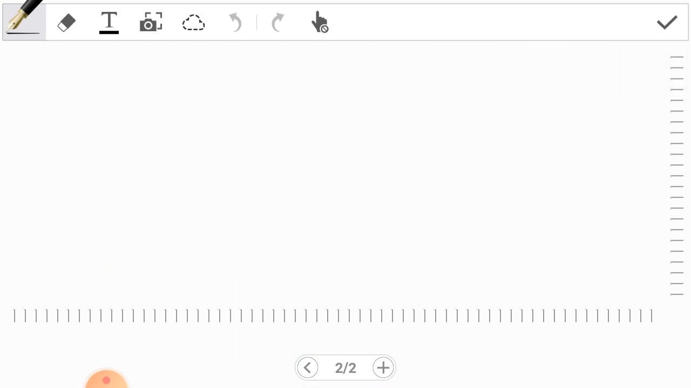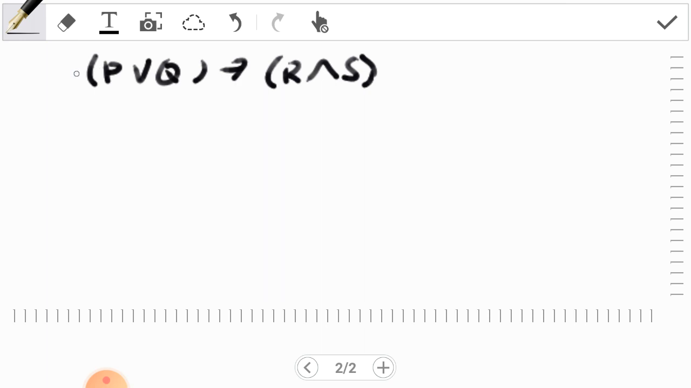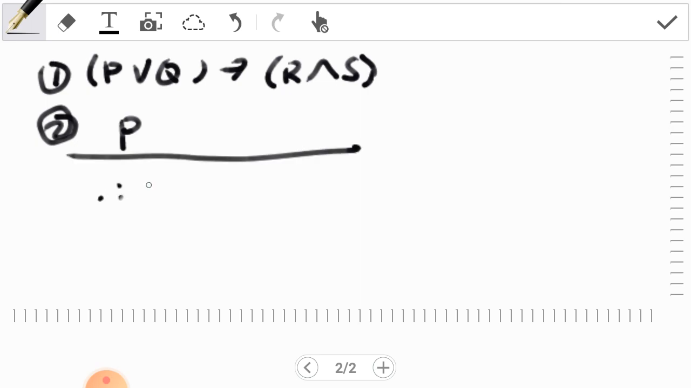Problem number 2 in the homework, we are given the first premise, P or Q implies R and S. That will be the first premise. Second premise is P, and our conclusion is R. Okay, so we need our third premise now. Just a comment from